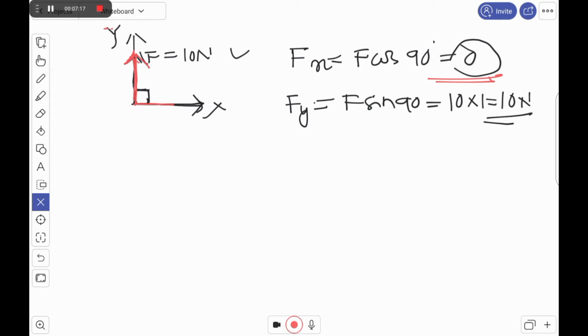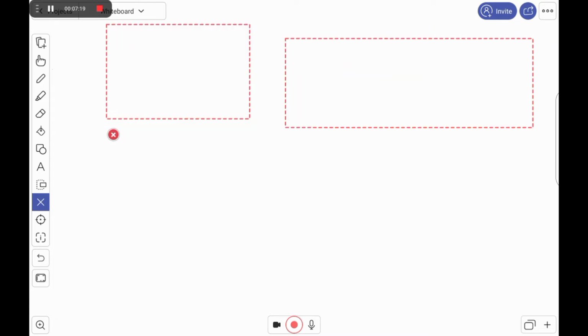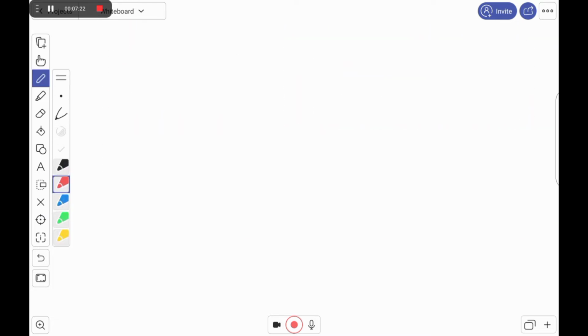Okay. Now let us see another example. We'll practice 2-3 examples so that there will be no confusion. Suppose mg is given like this. This thing we are going to use in our next chapter, children. And theta is given like this. Now split this vector mg. How to split? See, now theta angle is this. This is your adjacent side with the theta. So it will be mg cos theta. Then what will you do?